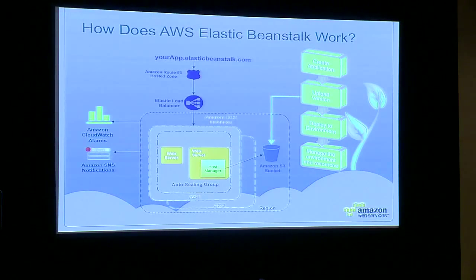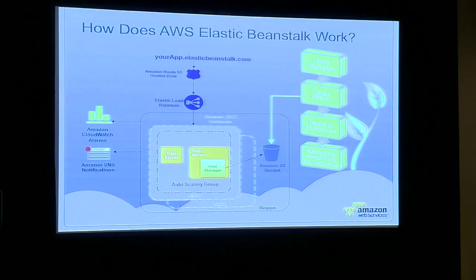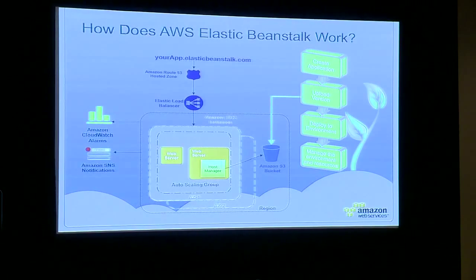So what does it look like? How does it work? Well, you basically create your application. Ultimately, in the example we're doing with PHP, we're going to use Git to push it out into Elastic Beanstalk. And Elastic Beanstalk provisions everything from a DNS name, a CNAME in the Route 53 DNS service, to creating an Elastic Load Balancer, which is our managed load balancing service, to launching those EC2 instances that are going to actually run the PHP code that you've developed,